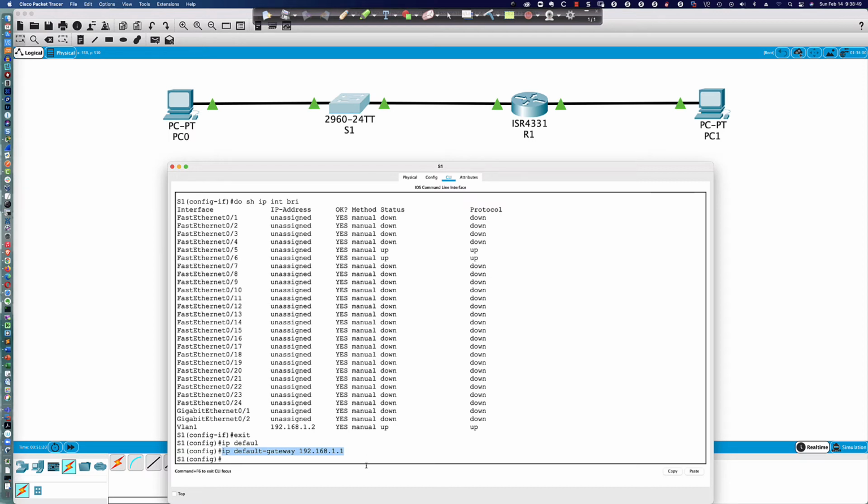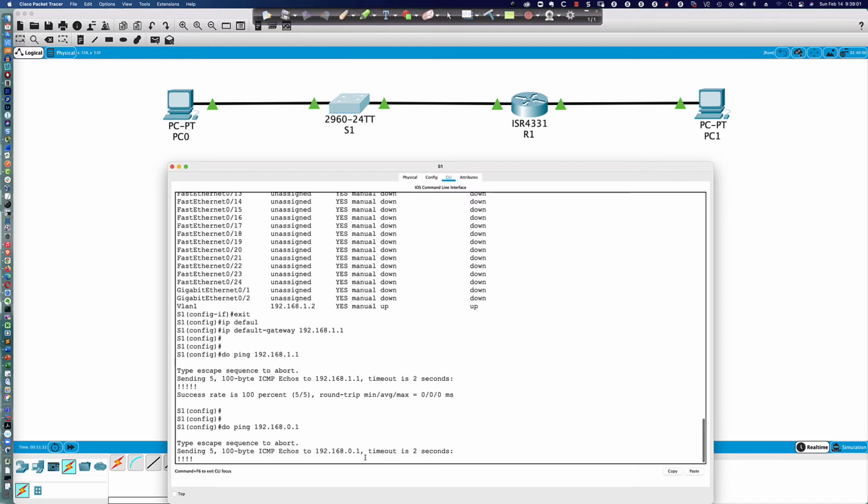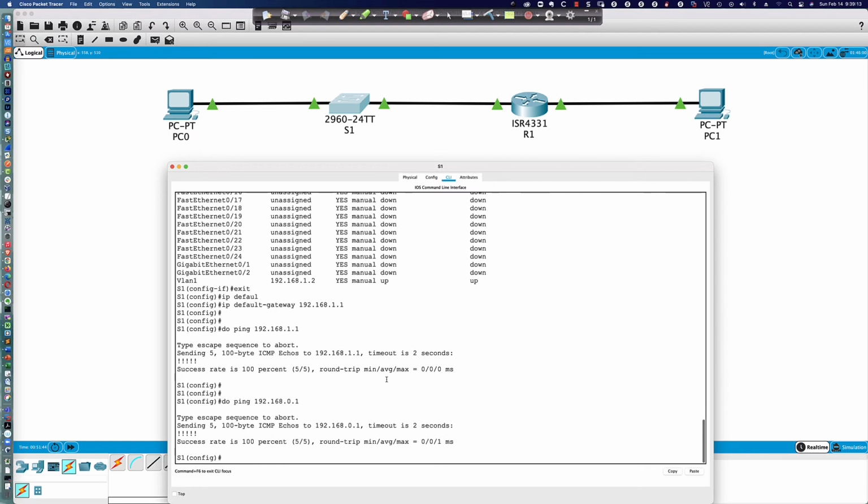So now, with the default gateway setting, if I say do ping 192.168.1.1, can I get to my default gateway? Well, we already proved that. Can I get beyond my default gateway? I can. And this might lead you to your next question, right? Inquiry and inquisition is a great thing in the networking space. And if you're thinking to yourself right now,